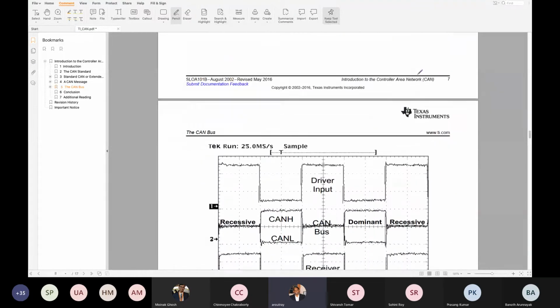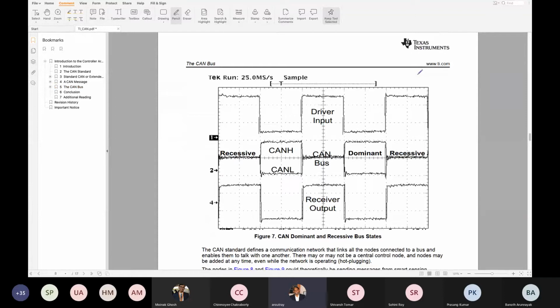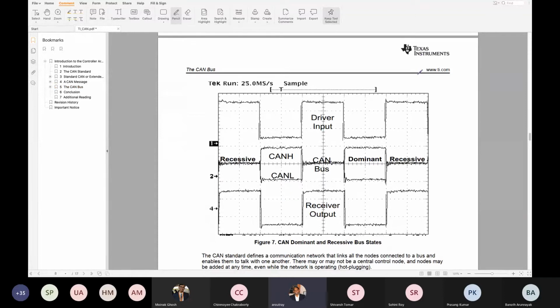So let's see a typical bit. You can see here, this is a dominant bit. This is recessive, this is dominant. That means whenever there is a difference of voltage between CAN H and CAN L, it becomes dominant. Otherwise, it is recessive.